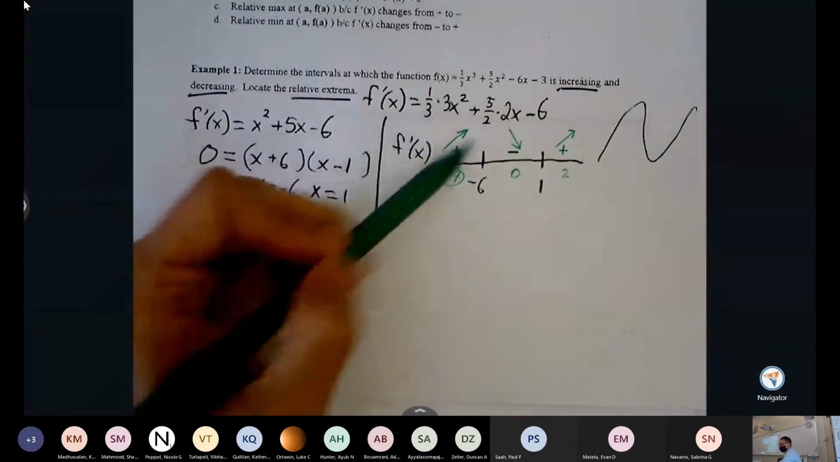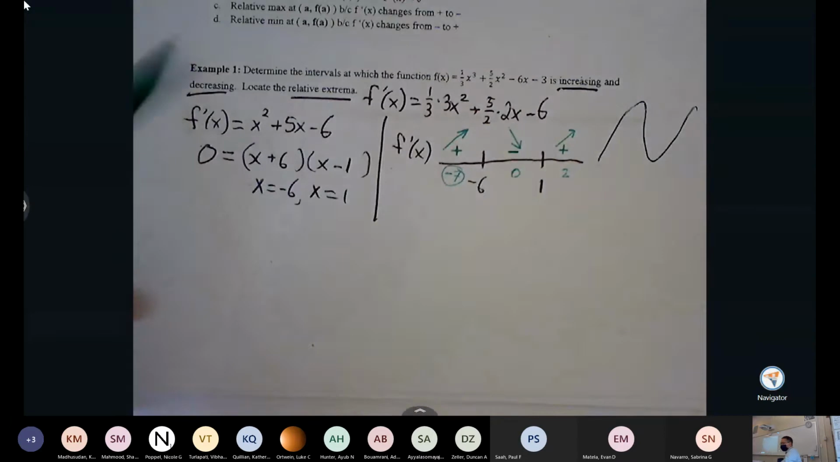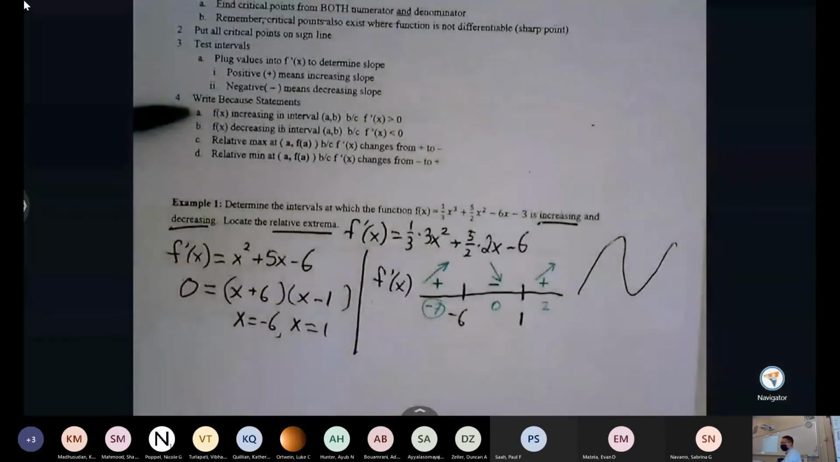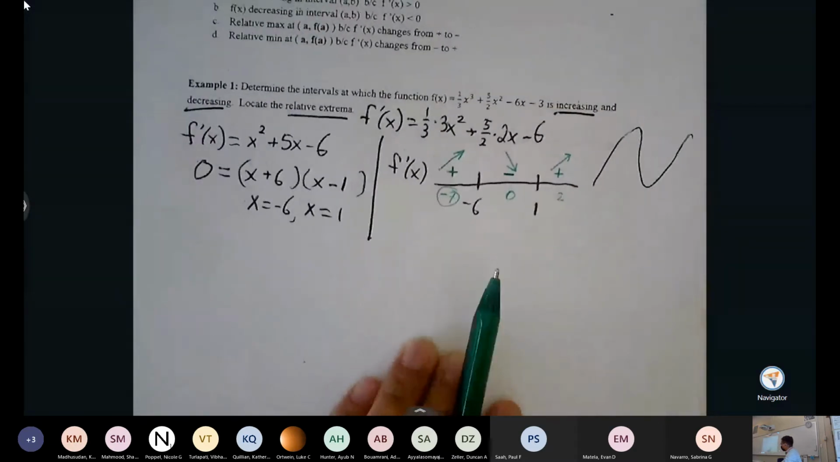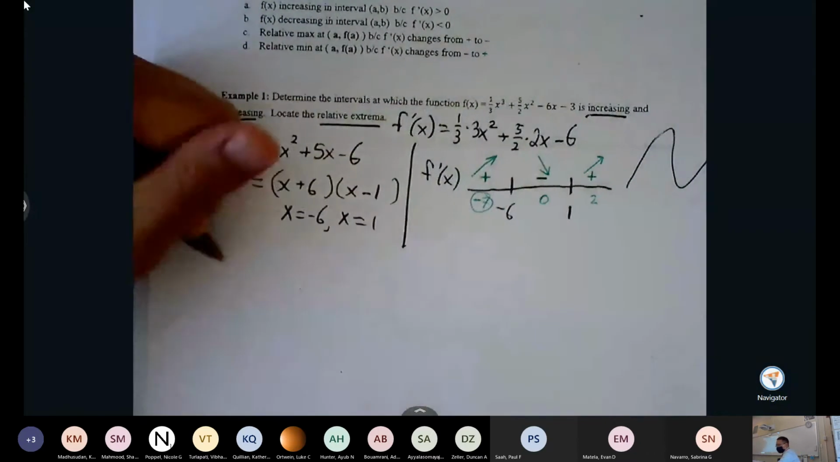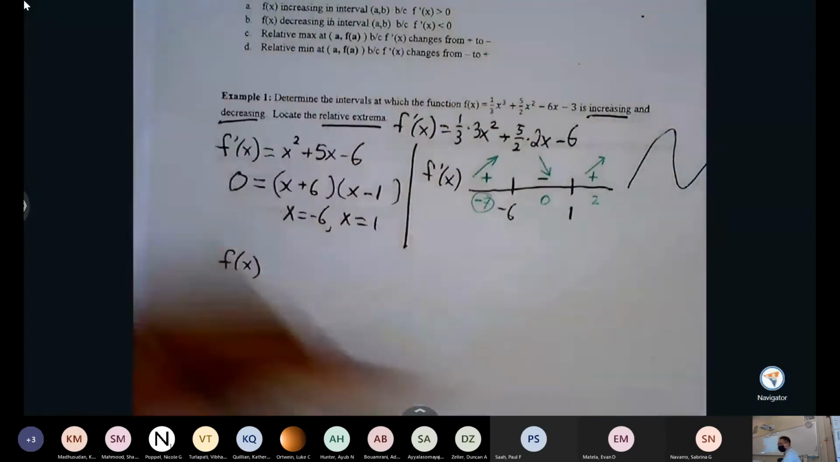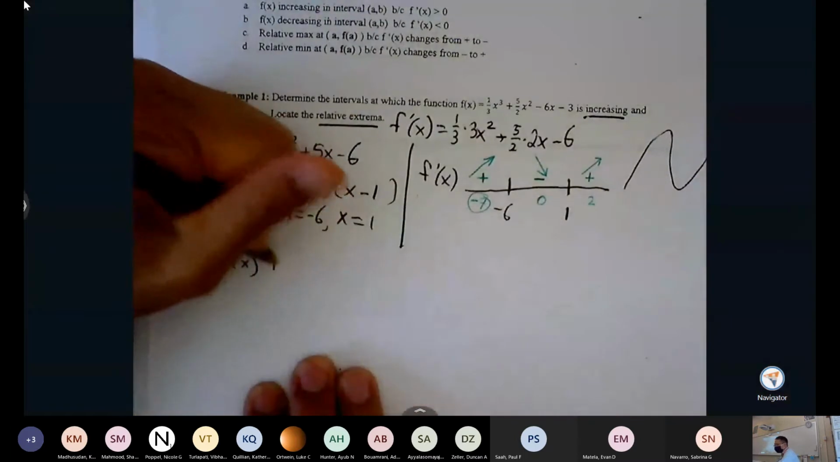So it rises, it falls, it rises again. Now, we're going to write our intervals of increase and decrease, which is basically pulling information from the graph. But yeah, let's do that first, and we'll talk about the relative max and relative min in a second. So we'll say our function is increasing. Increasing is wherever we have positive slope, so our function is increasing